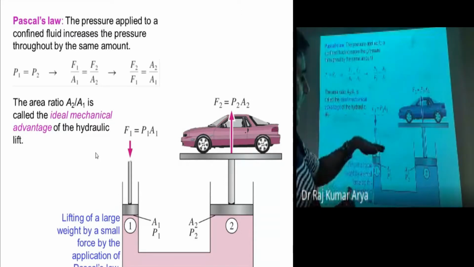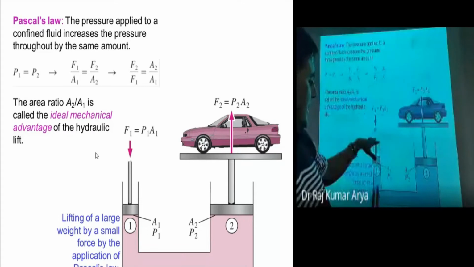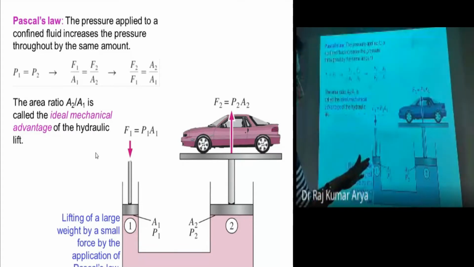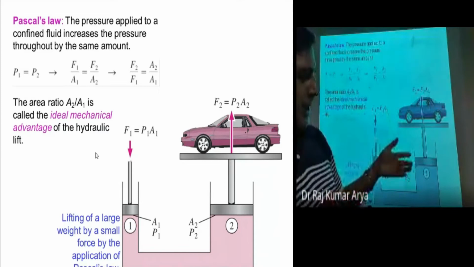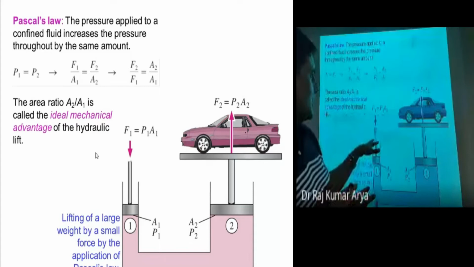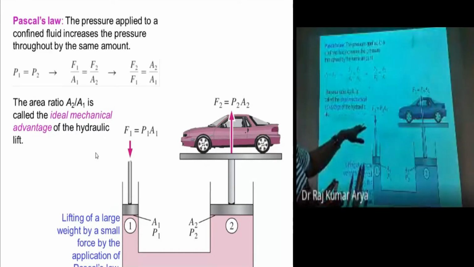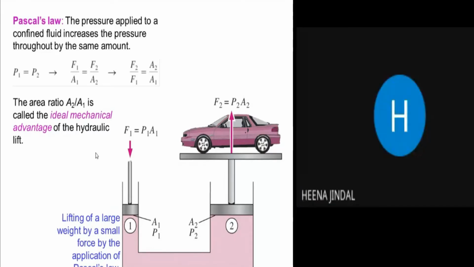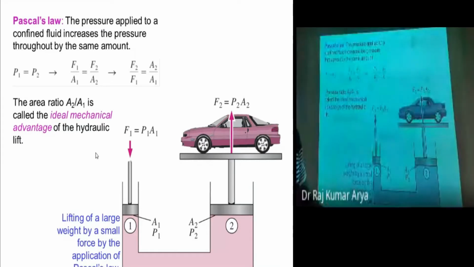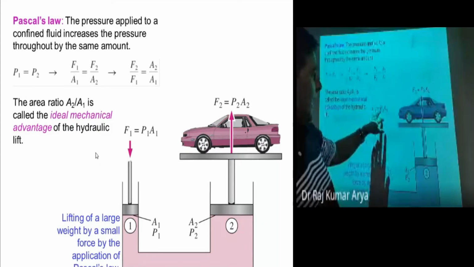So what you have here is just a typical example of fluid hydrostatics. This is just a hydraulic jack. With a hydraulic jack, you want to lift up a car. A car has a very heavy weight, and somehow you have to lift this weight. So in this case, you are applying some force at this particular point, applying a pressure.